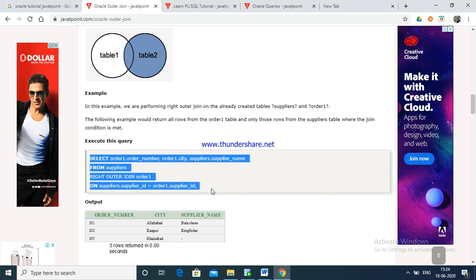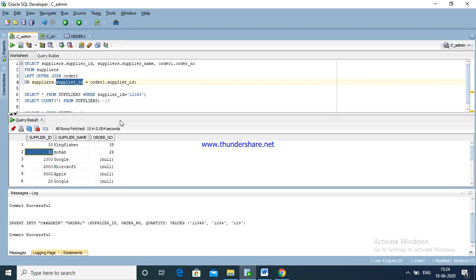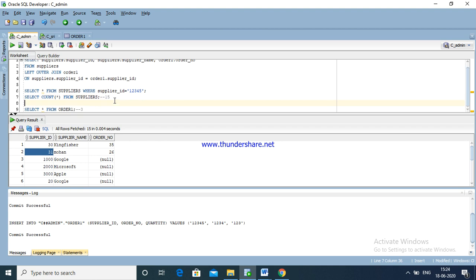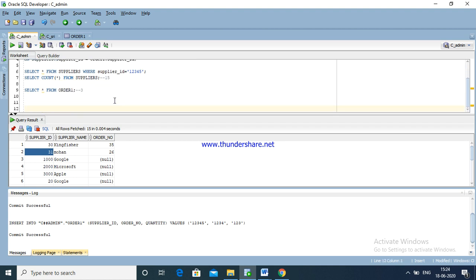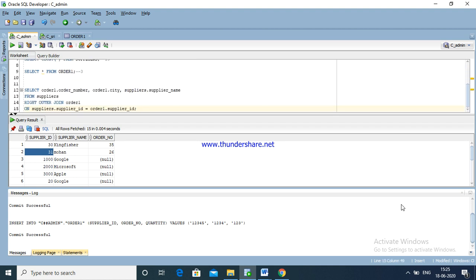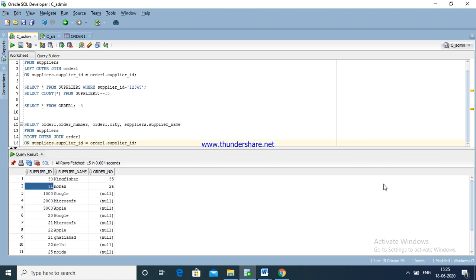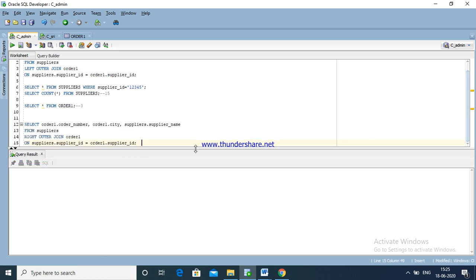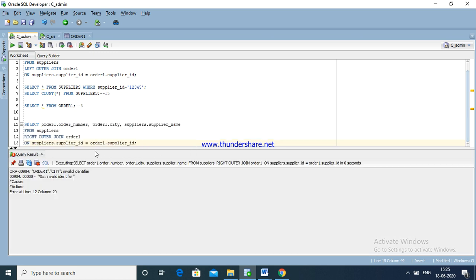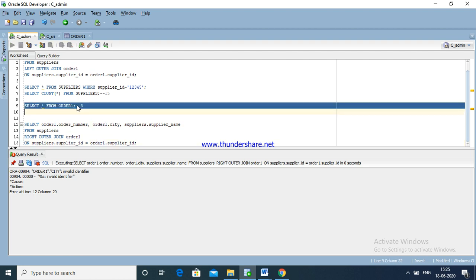Now we are going to draw the outer join. Address city. The order table has no city.